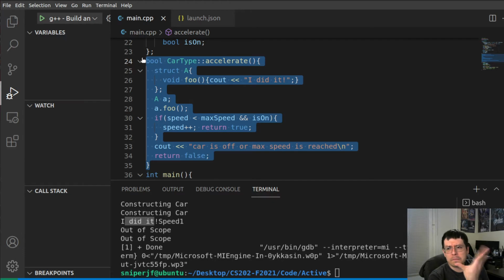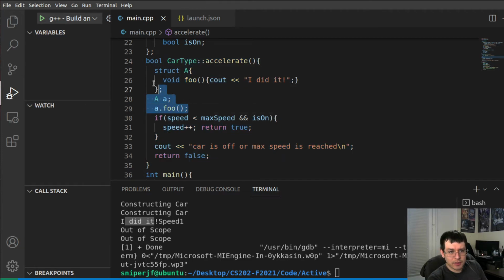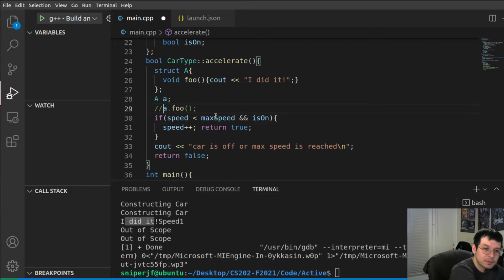I'm sure there's one place when you're writing one version of the code, you're writing a really big function and you really want to use a struct in there, and you don't want to litter the global scope with that struct. That could be okay, but I would say the majority of the time it's just unnecessary. I'm gonna leave it there because why not? I'm just gonna comment this out. But yeah,